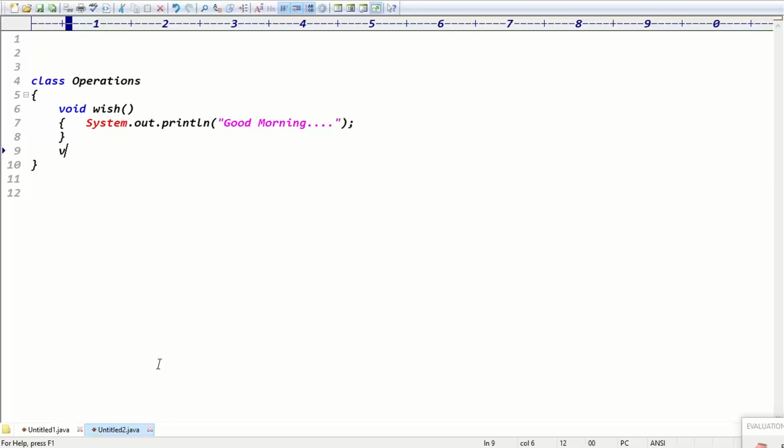Let me declare one more instance method, void add method. Basically, the method can take arguments, guys, the inputs of the method. And see, when you're applying for a driving license, definitely we have to give some inputs, right? Then only that functionality will be executed. In the same way, the method can take arguments, guys, while calling that method.